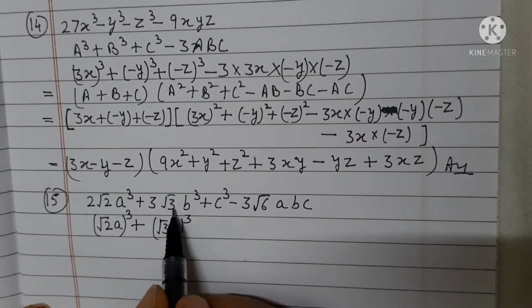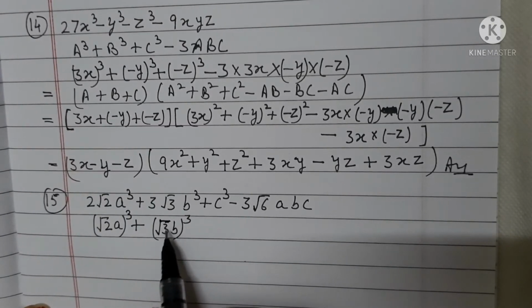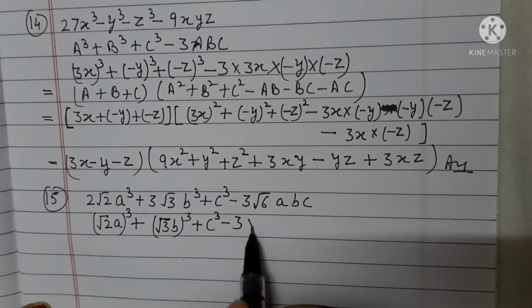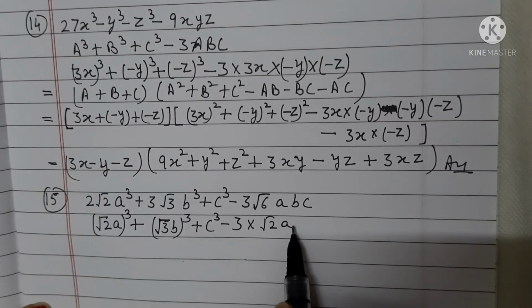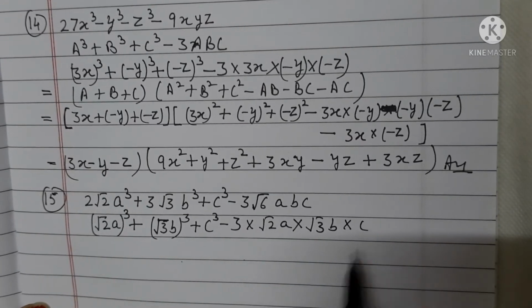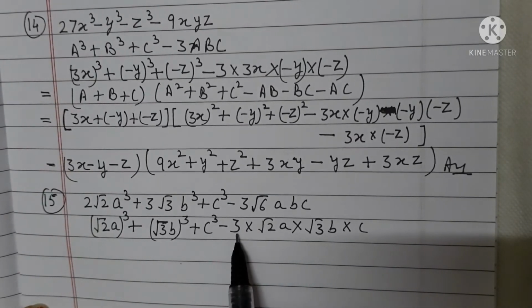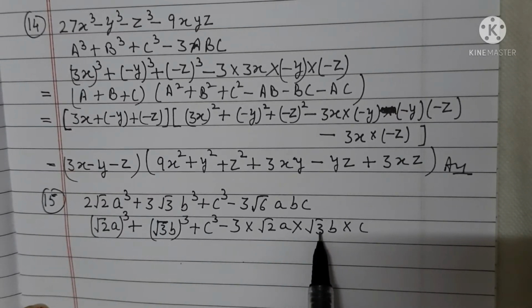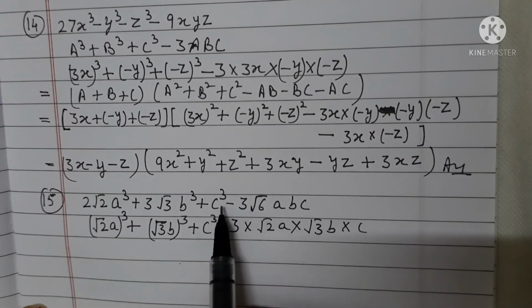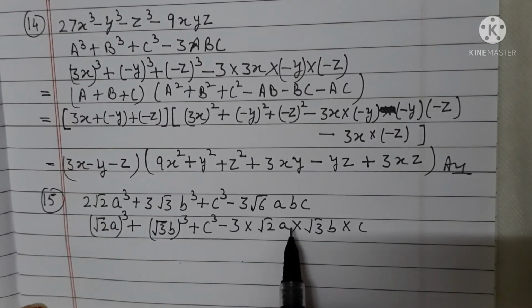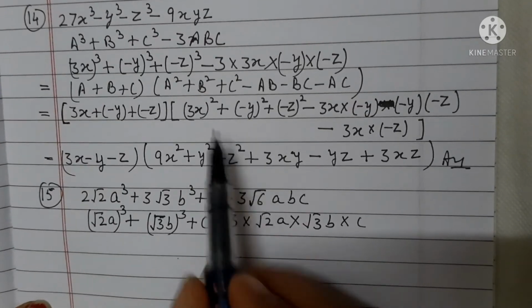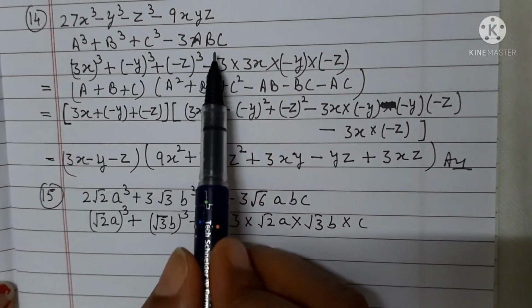So you can write it in the form of cubes: (√2 a)³ + (√3 b)³ + c³ − 3, where a means √2 a, b means √3 b, and c means c. Now 3 into √3 and √2 becomes √6, so 3√6 abc. It means you can write it in the form of a³ + b³ + c³ − 3abc, which is equal to, see here,